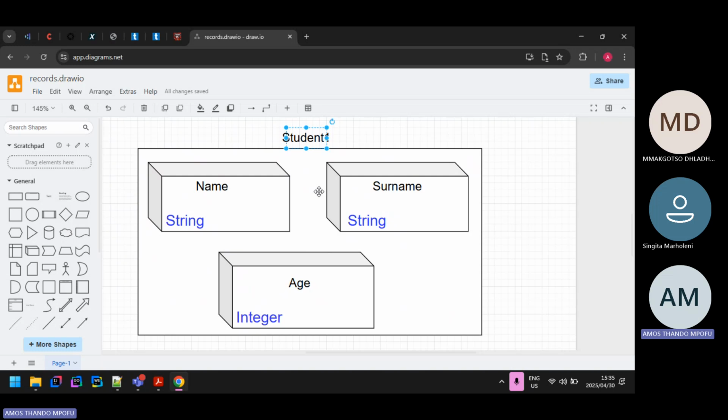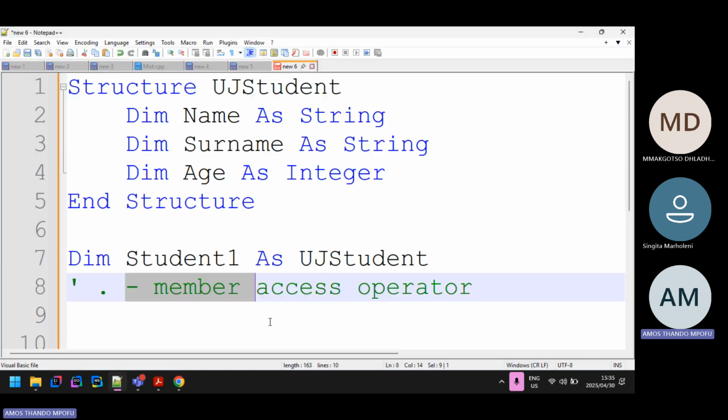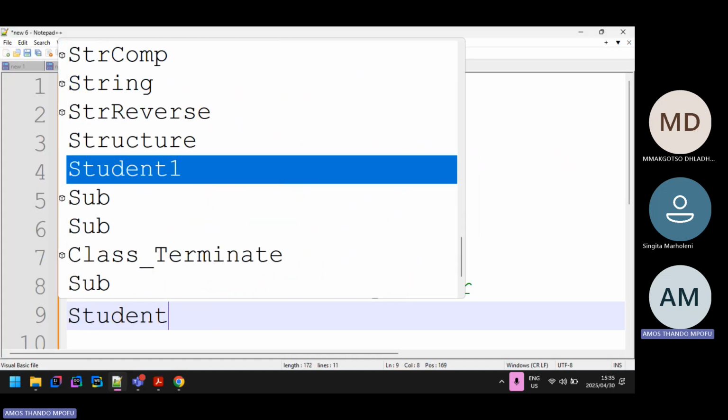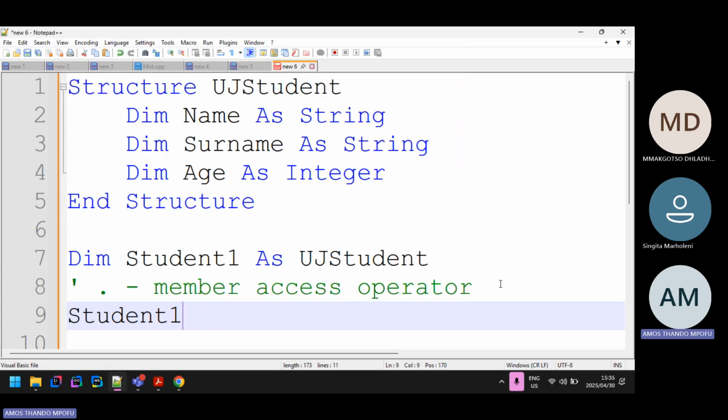So you need to know which house, for example, its address. Oh, this is 32 Richmond Avenue, right? That's where I can find that specific house. In this case, that specific record. We get the record via the student one. So this student one acts like an address in a way. So you're gonna say student one, meaning that specific house, then use the dot to say go inside of it